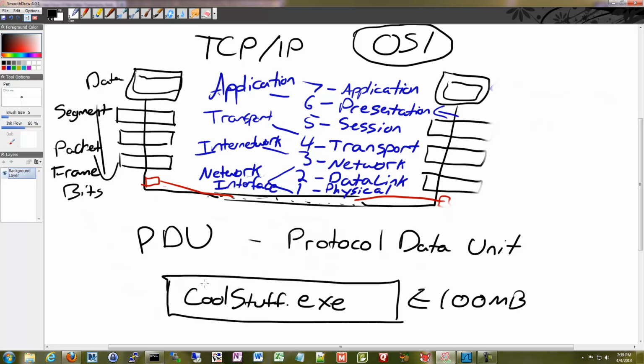So what we're going to do is slice it up. Each one of these slices is our segment. So that's how we're making our way down our layers now. Each one of those is a segment. So then if we take a look at one of these segments,